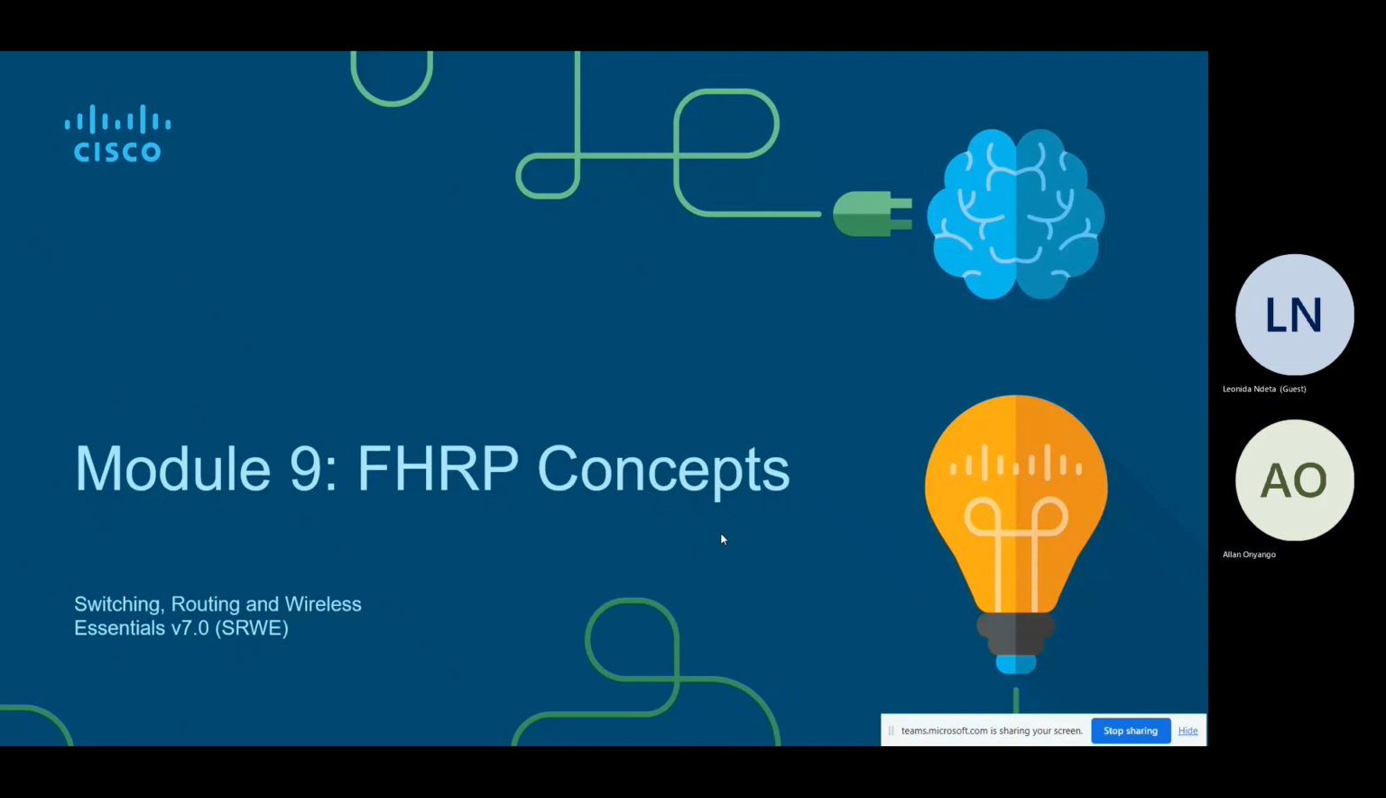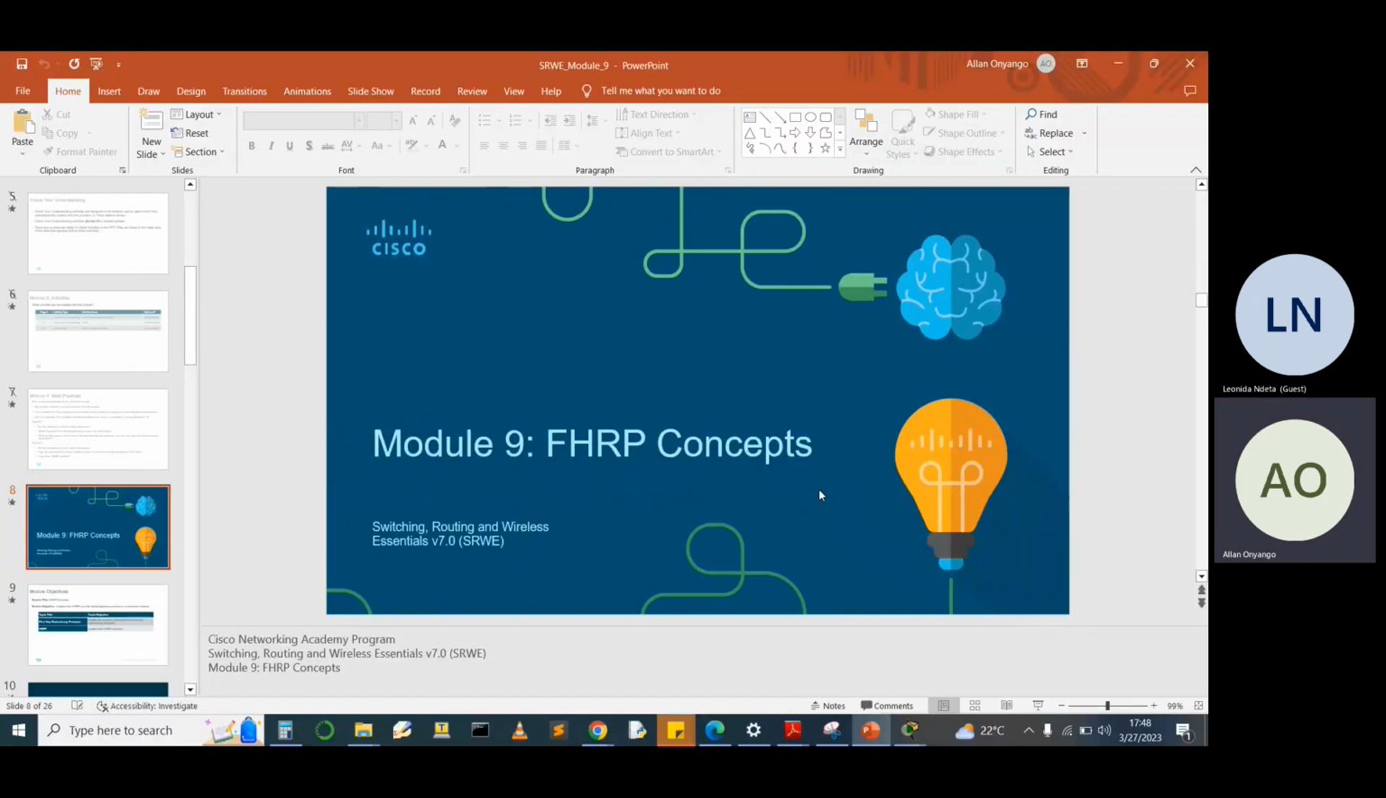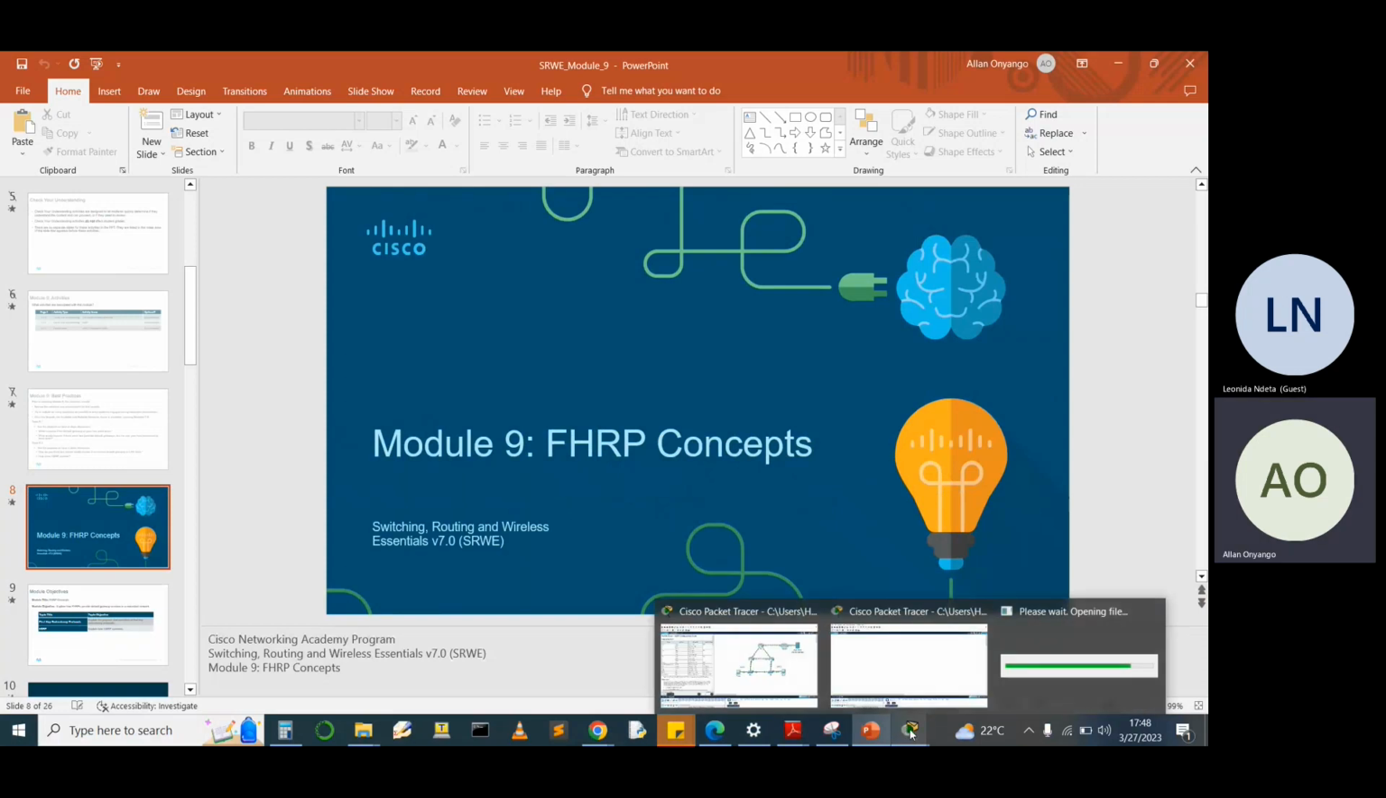FHRP is a group of protocols which help to provide redundancy at the level of the default gateway. What do I mean? Looking at this diagram here,